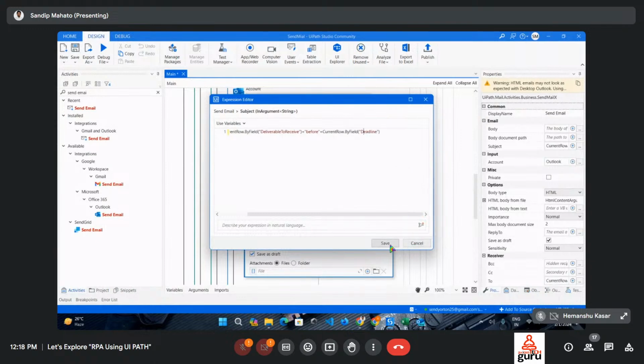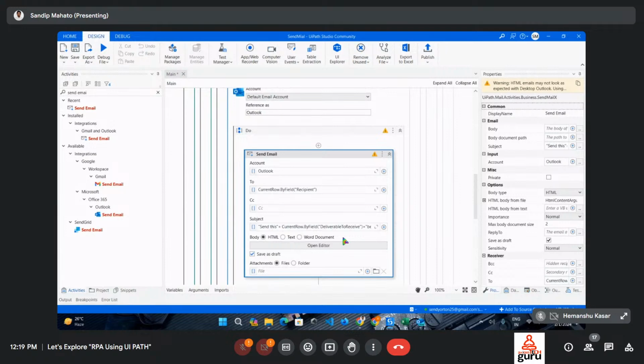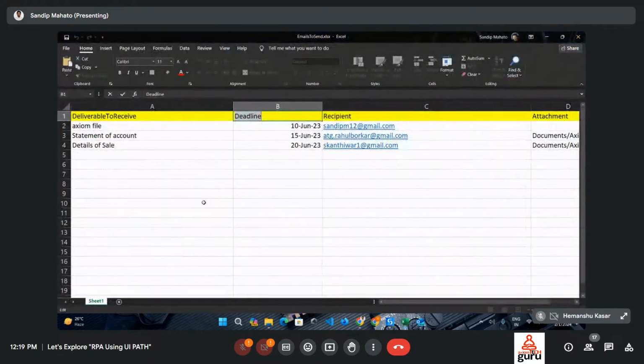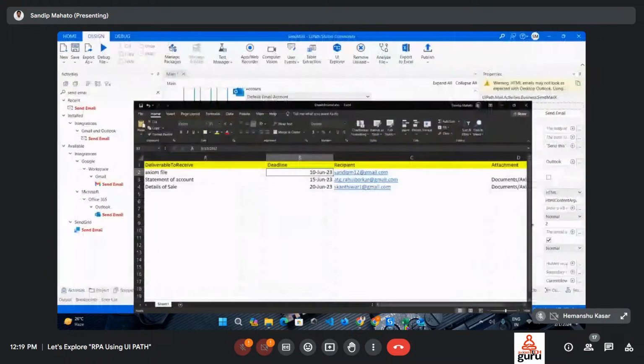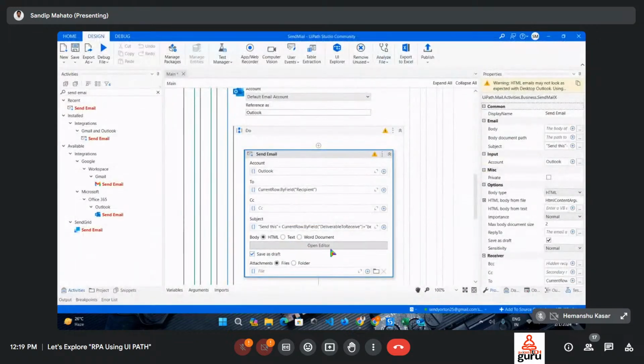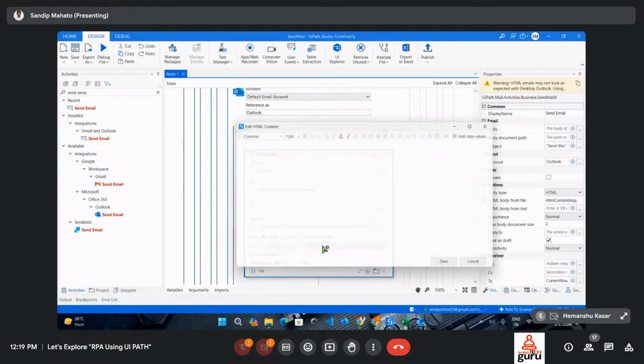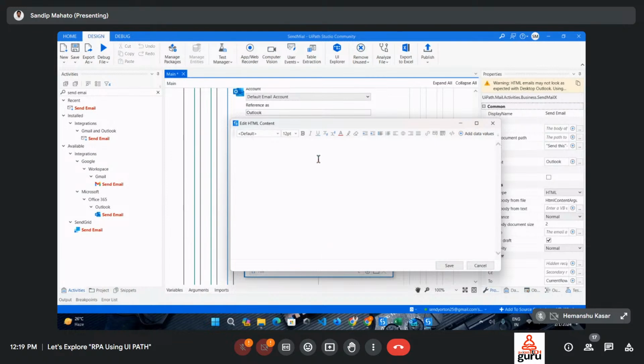Okay, we all set. Save it. This is a subject, that is send this Axiom file before deadline. Okay, now add some body in a HTML format, that is hello team,